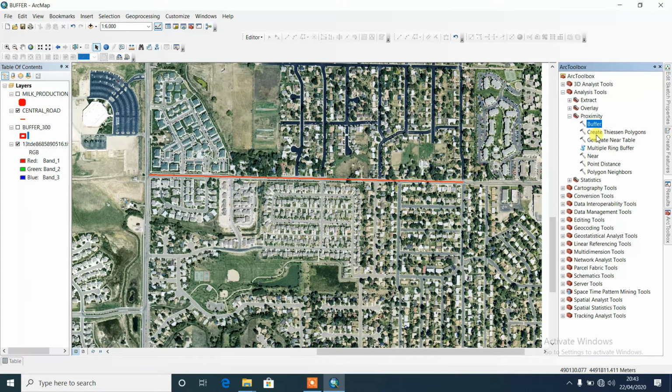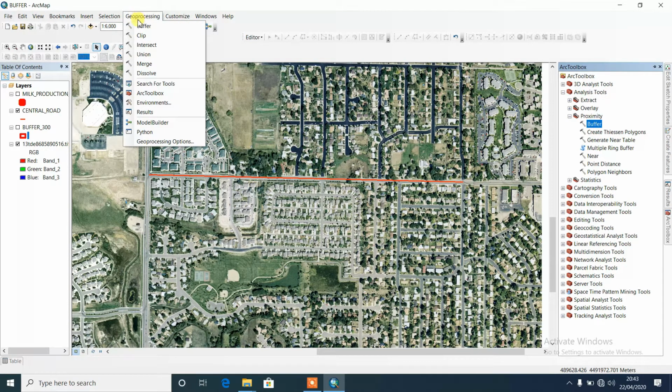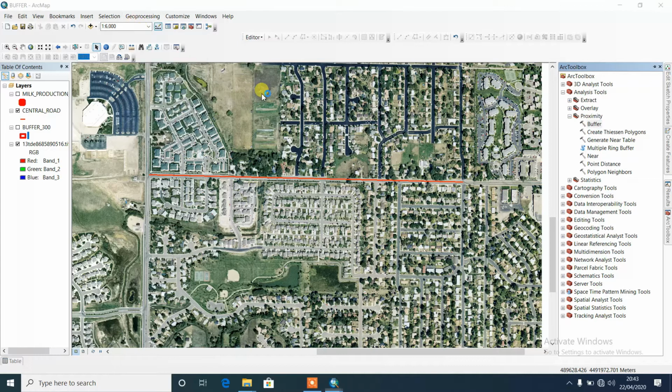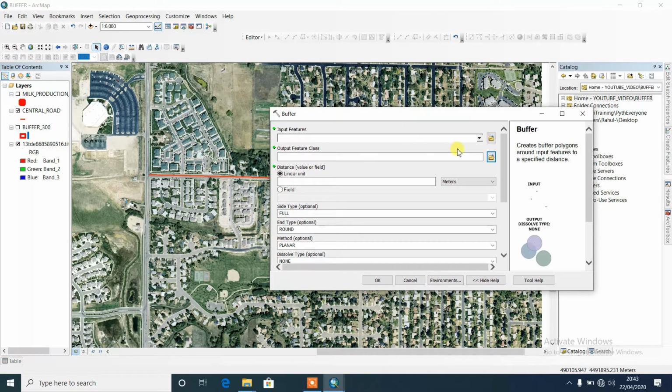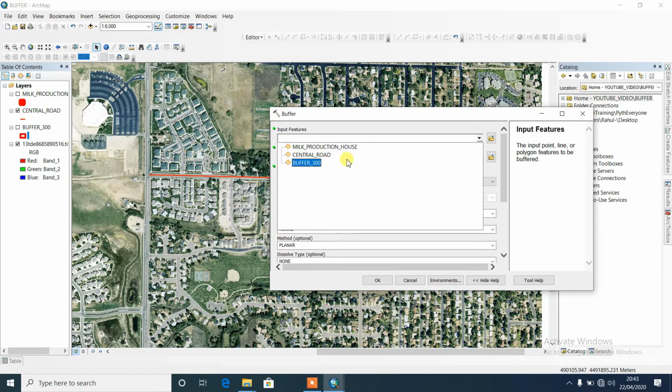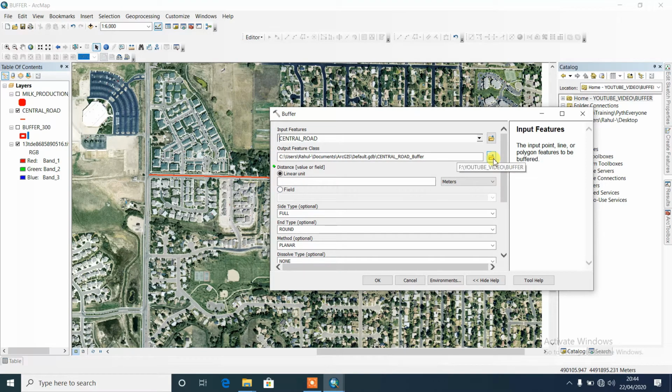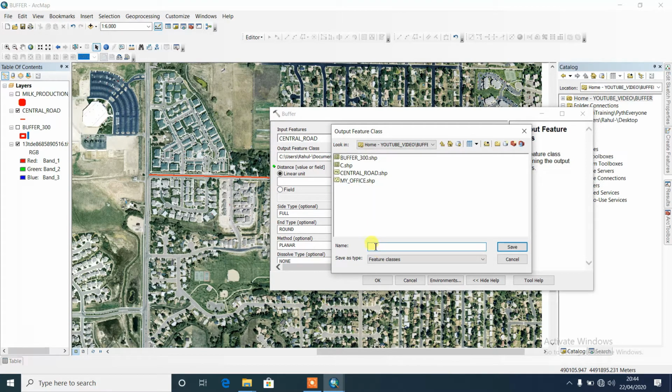Exactly, in Arc Toolbox we can get the buffer, and another shortcut is from geoprocessing. Here is also buffer, the first one. Both are the same. Exactly, here we just input our central road and change the location as per our requirement.